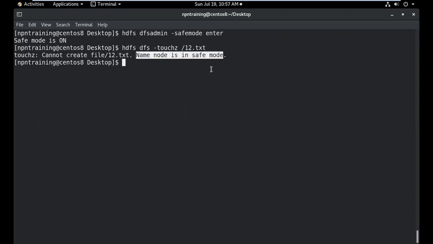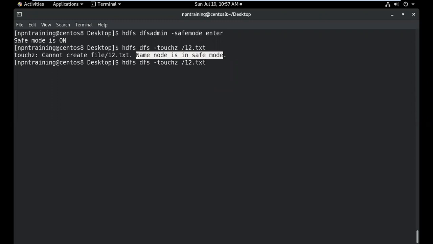There will be a lot of instances where, by default also, the name node can get into safe mode. This is very important. In instances where a certain threshold has been configured, and if your disk size reaches 80%, your name node should go to safe mode. You have certain configurations where you can achieve those kinds of things. Or if you also want to switch to safe mode for performing some upgrade activities, you can execute this hdfs dfsadmin command, and you can switch to safe mode.